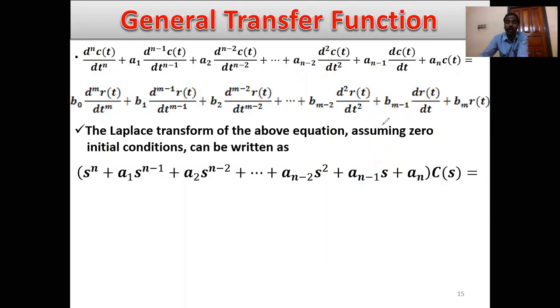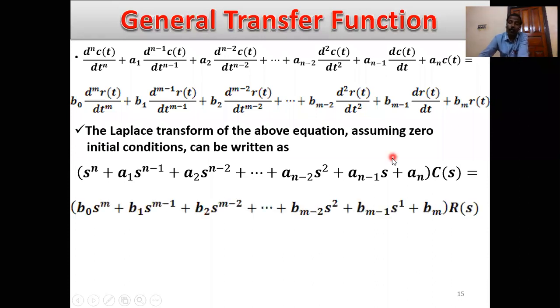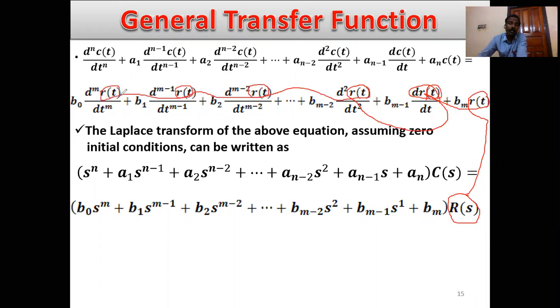Similarly for the second equation, what is the Laplace output? This is the R of S, the Laplace transform of r(t). Similarly, this is the r(t). So this is the common part, R of S,